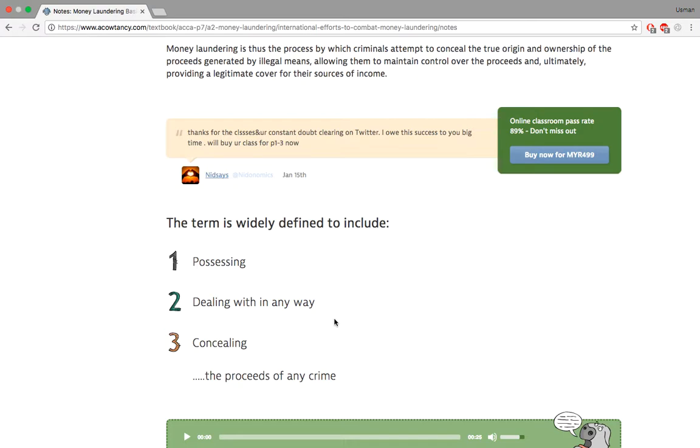I'm sorry, I think Richard lost me here. Okay, Richard is the guy who created this website. The term is widely defined to include possessing, dealing with in any way. Okay, the thing is, money laundering could be either possessing all that black money that you have,